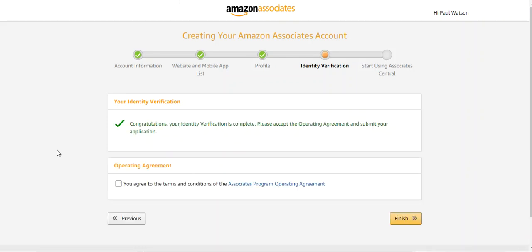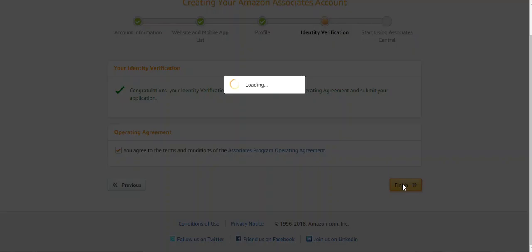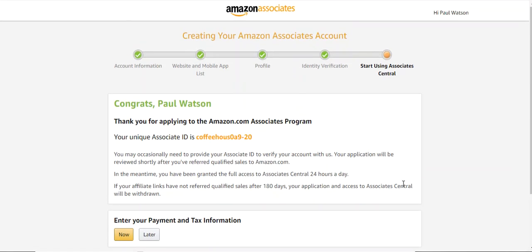Okay, so I just received a phone call to my mobile that gave me a PIN. On the screen where I entered my phone number, it then pops up with a PIN number. I get a phone call and I have to enter that PIN number into my phone that was on the screen. So I've done that, and I agree to the terms and conditions and finish. That will then load all that up for me. It's given me a new ID. Keep track of that ID